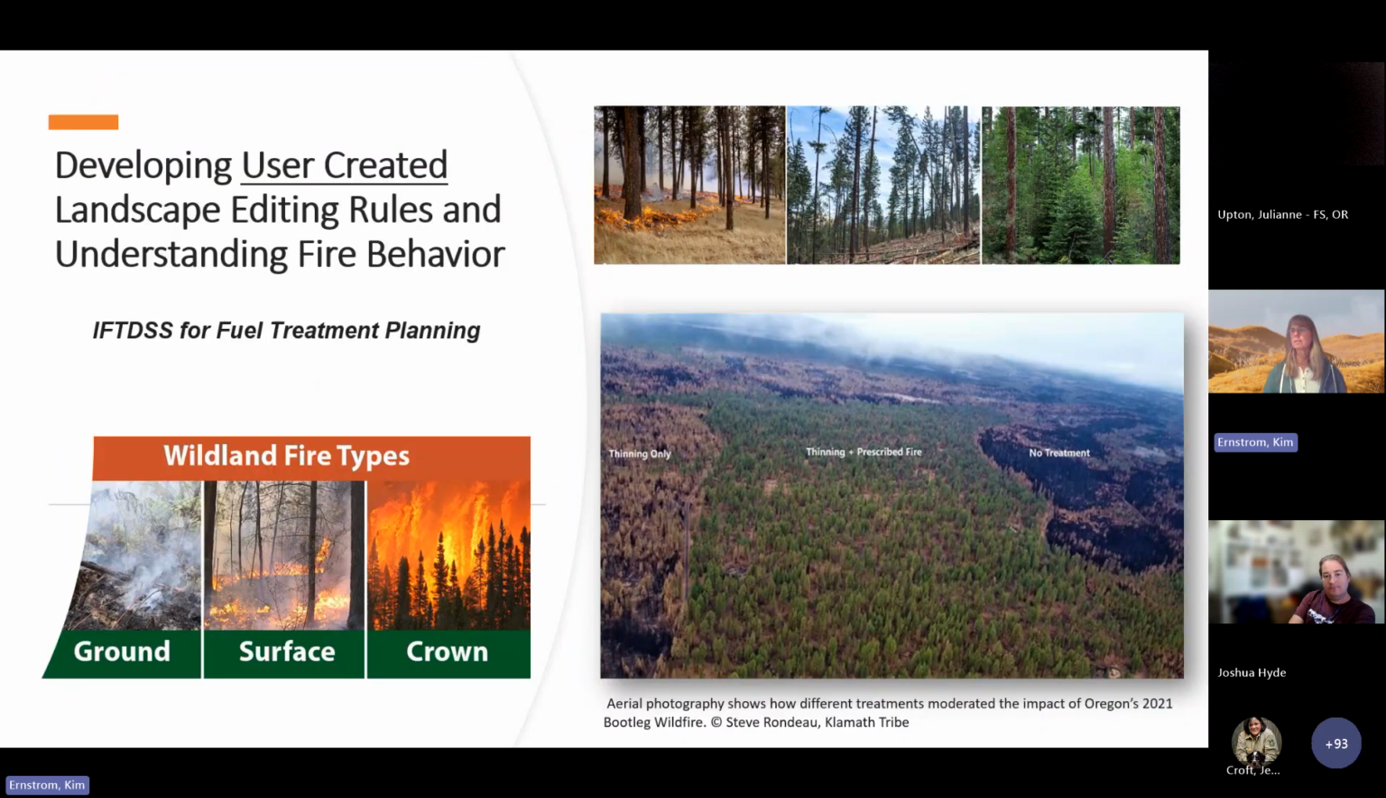Okay, so what I want to do is get on to the main event here, which is talking about these landscape rules in IFTDSS. And we've gotten a lot of user comments and questions. Working with the Fuels Academy, this is a unit that's being developed for the Fuels Academy even further. This coming session that's coming up next year on planning and NEPA and being a specialist that's contributing to NEPA documents. So what I wanted to do is talk a little more in depth about these rules,